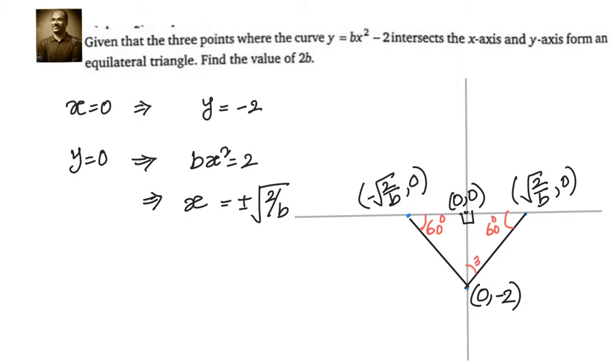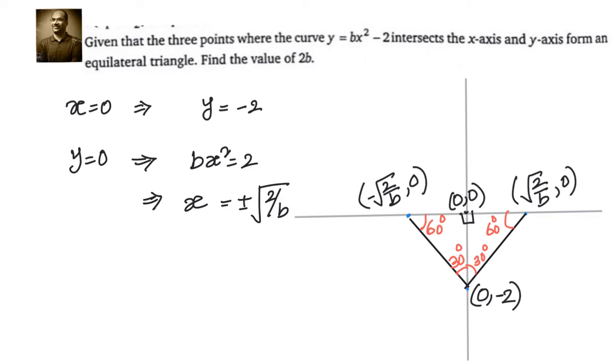Now take any one of the right triangles we have. We can use a little bit of trigonometry and we can finish this problem. So we can write either tan 30 or tan 60. I will go ahead with tan 60. Now let us take that triangle and write tan 60 is opposite by adjacent. So I can write tan 60 is equal to,